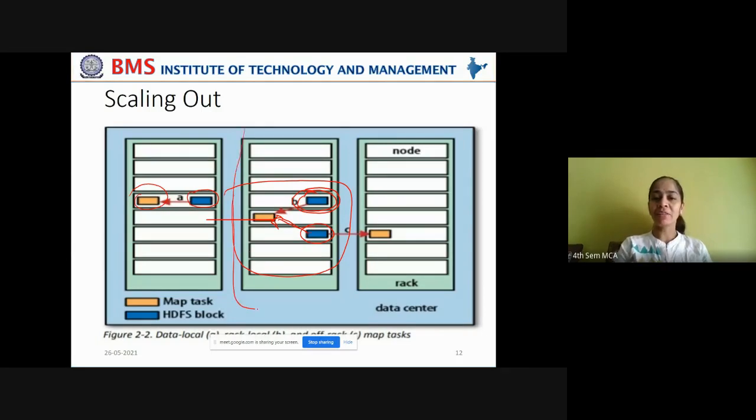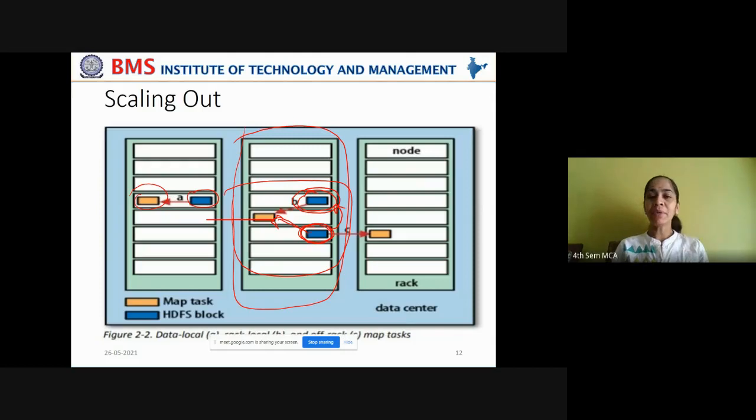As I said, this is a cluster, and these white components are called data nodes. Now, on these data nodes, if one data node is busy with the map task, then the HDFS cluster will try to locate another data node that is free of map jobs to execute that particular task.